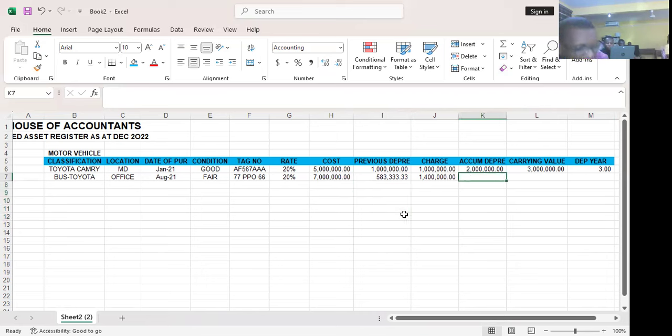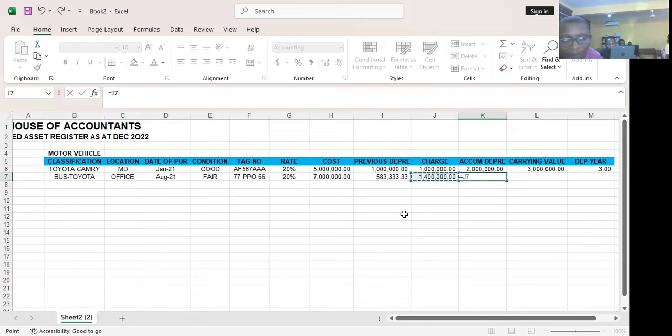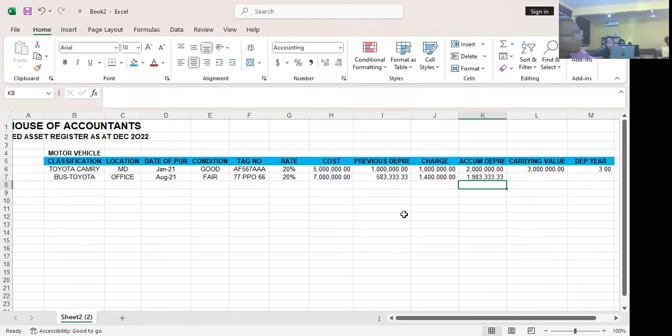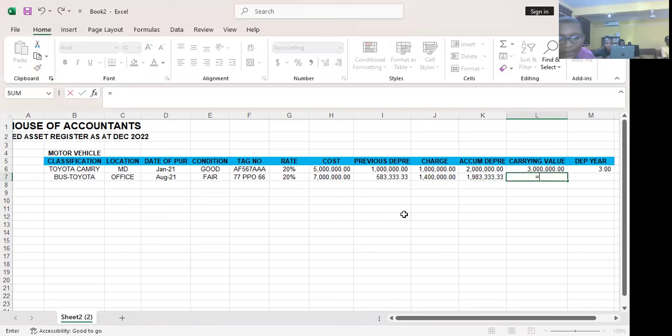So it means the total charge will now be what? Will now be this plus this. That's 1.9. 1.9 less the cost minus the accrued